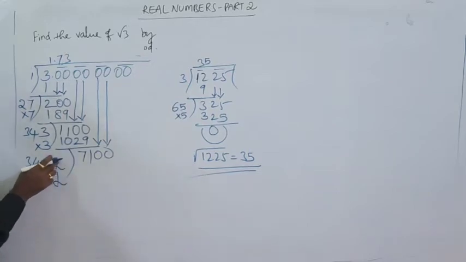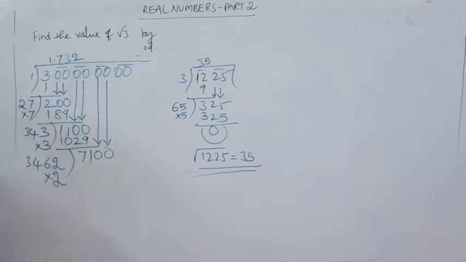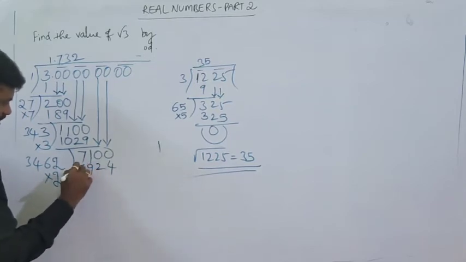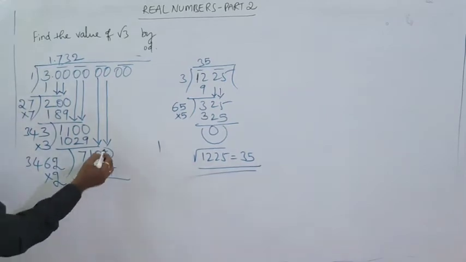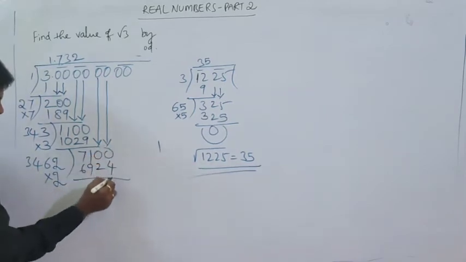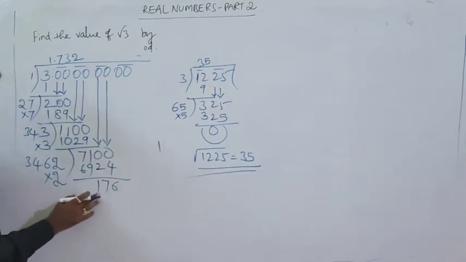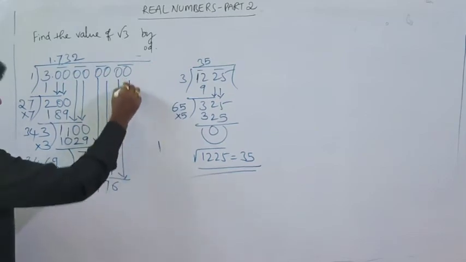So what number am I taking here? I have to multiply this whole number by the same number, and I have to consider it as the next digit of the quotient. Yes. So if I multiply by 2, I will get 2 2s are 4, 2 6s are 12, 2 4s are 8 plus 1, 9, 2 3s are 6. 6924. Yes. Now, as usual, we have to find the difference. 10 minus 4, 6. 1 power 9 minus 2, 7. Here 10 minus 9, 1. 176. Yes. Next, bring down 2 zeros.